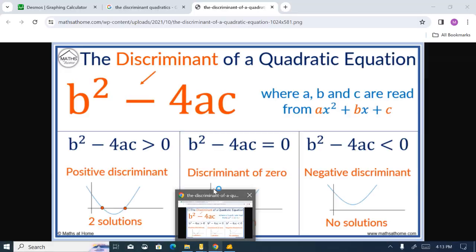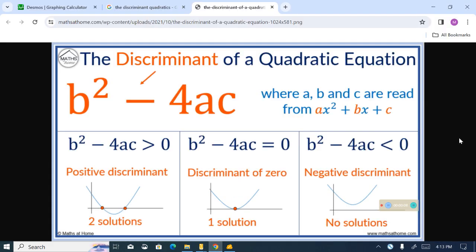Alright, so in this video we're going to cover the discriminant, and this is a graphic organizer I was going to give you guys on Monday. I'm shooting this video after school on Friday right now, and the idea is really with the discriminant, the way we want to use it is to be able to tell how many solutions an equation will have, and whether or not there'll be real solutions, and if they're going to be imaginary, what's going to happen, right? So you can see in this graphic organizer right here,